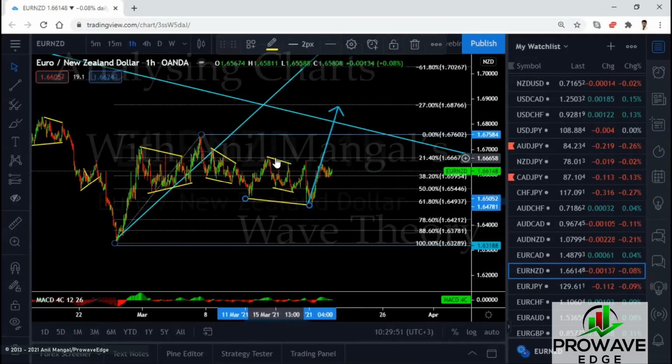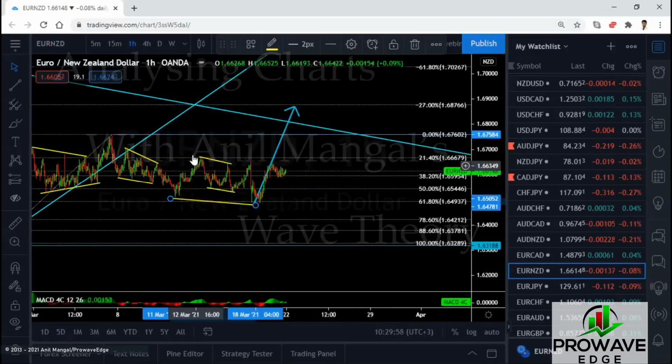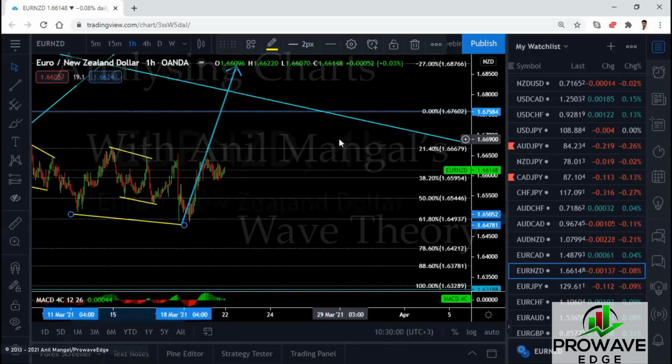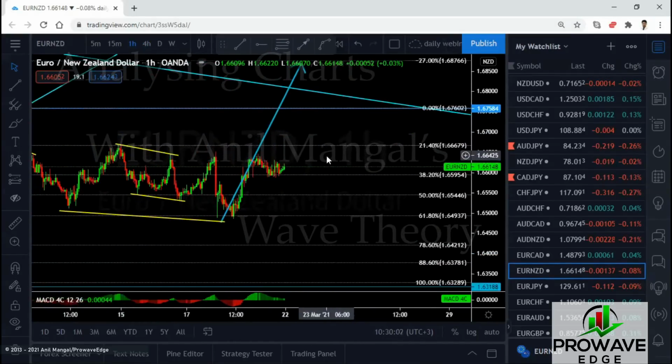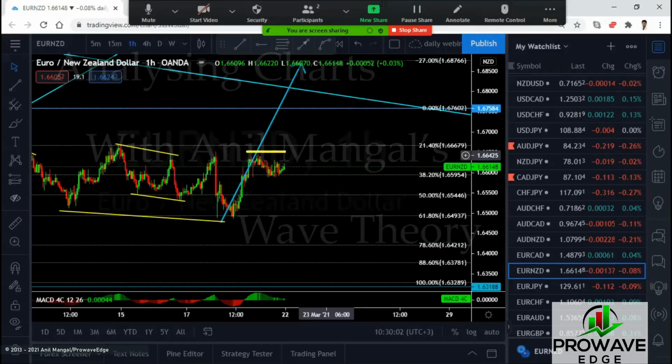If we go with this structure in here as a 1, 2, 3, this could be the bottom and we go up now, right? If this becomes a more complex pattern, then we will end up going down once more. So watch for the break of this top. If they do break that top, you want the trade. If it's a flag here for downside, maybe you'll get a trade here. Once they break the low, they're going to go back up.